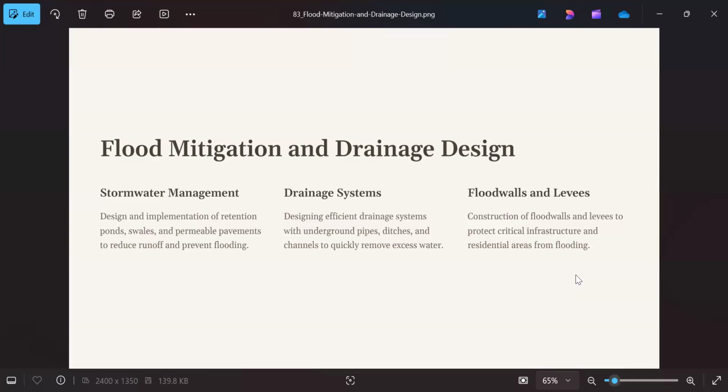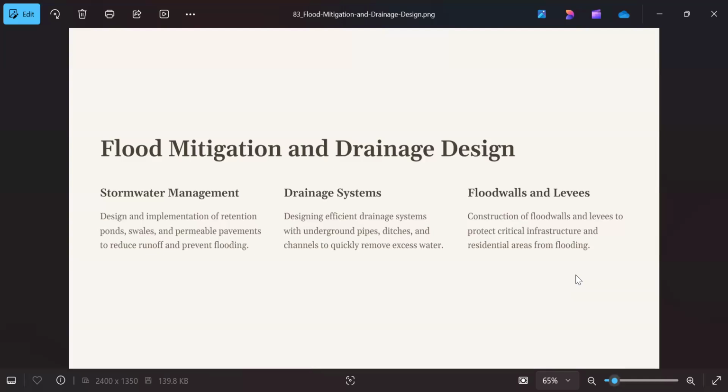Then the area should be constructed, or the infrastructure should be constructed, in such a way that the drainage system removes all the excess water very quickly. Similarly, flood walls and levees should be constructed to protect critical infrastructure and residential areas from flooding. So, when we talk about flood, flood mitigation and drainage design should be considered during the infrastructure design and